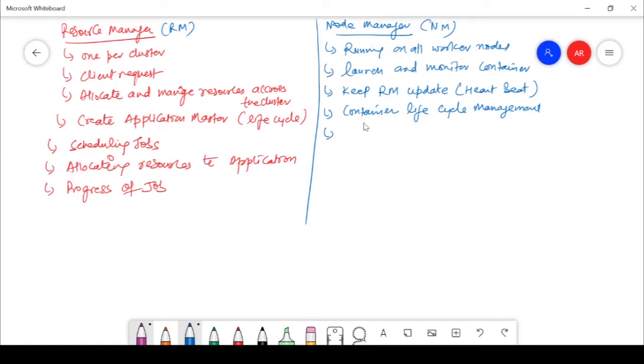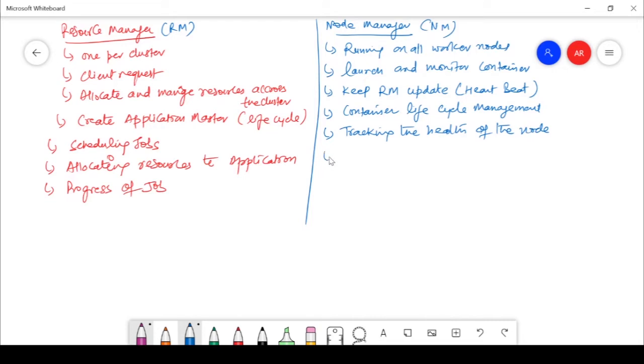Then what other tasks does the node manager have? It is responsible for tracking the health of the node on which it is executing.